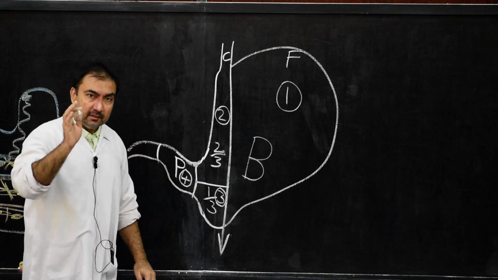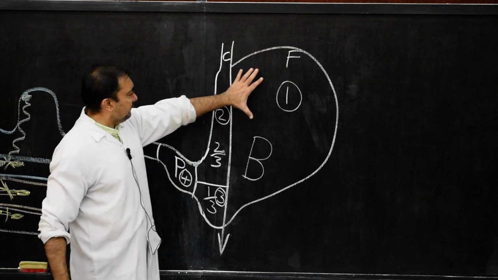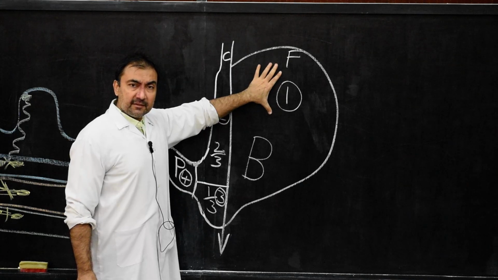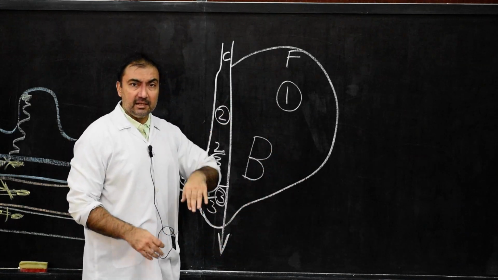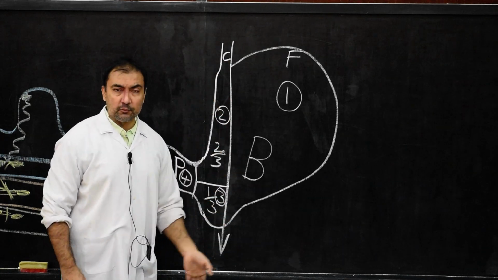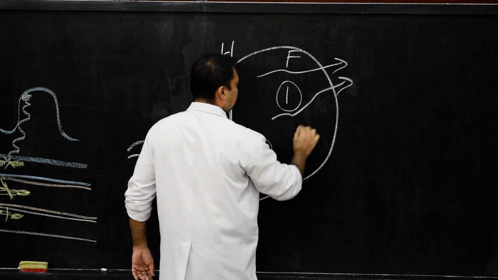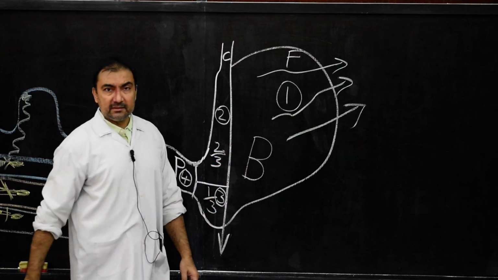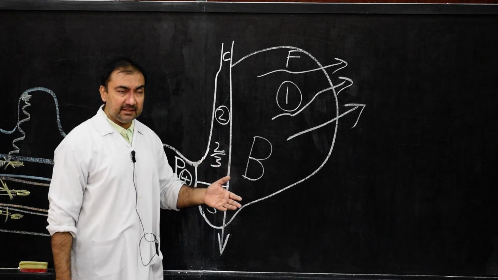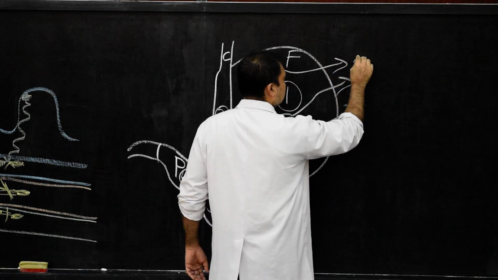Very simple. Now, what we need to show in the diagram will be the lymphatic drainage from part 1. What is part 1? It is the area of the stomach which is situated on the left side of the vertical line. Which vertical line? The simple vertical line drawn from the cardiac end down, perpendicular. So from here, the entire lymphatic drainage of the left surface of the stomach, that is anterior surface, but on the left side of the vertical line, from part 1 will be draining into these group of lymph nodes.